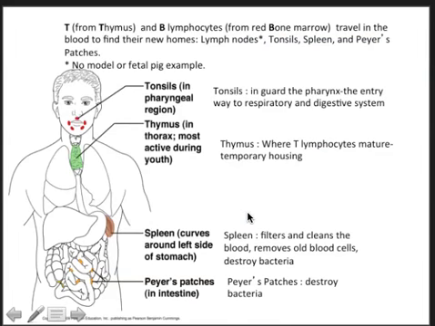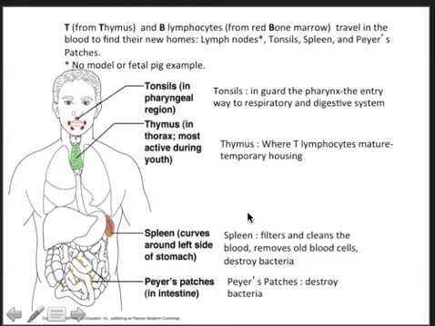What you're looking at here is just some of the major lymphatic organs of the body. The thymus, of course, sits in front of the heart and behind the sternum and is the site of maturation of the T lymphocytes. That's why they get their name, T lymphocytes, from the thymus. Well, the B lymphocytes come from the bone marrow, the red bone marrow, and they travel in the blood to